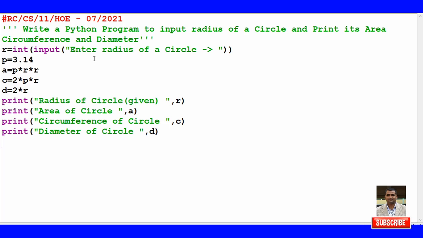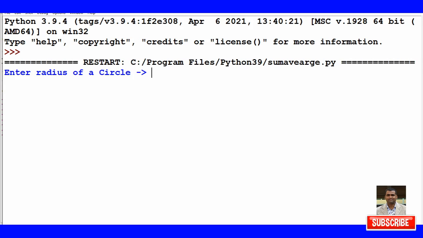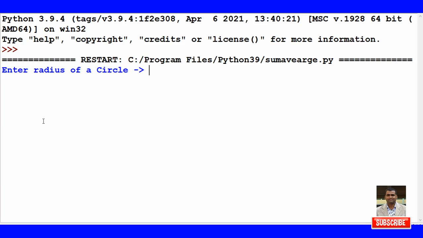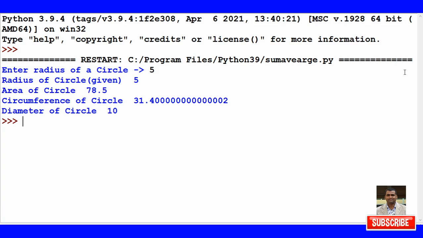Now let's run our program in runtime. I'm going to run the module. It is asking me to save. So here you see, guys, in running time it asks to enter the radius of a circle. Let's suppose I'm entering radius 5 centimeter. I'm going to press enter key. Just check it out. Radius of a circle given is 5 centimeter.